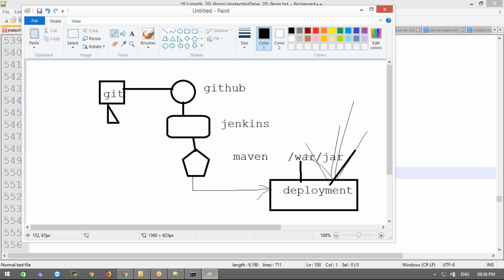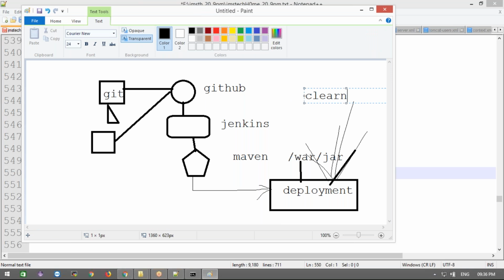Now, for example, some other guy has new code developed, and what happened? I develop my code, I merge the code, and I push the code into the repository. Okay, now I push code into my repository. What happened after pushing this? Again, Jenkins will take the latest code, and again it will build. Before building, what will it do? It will do the inbuilt life cycle.